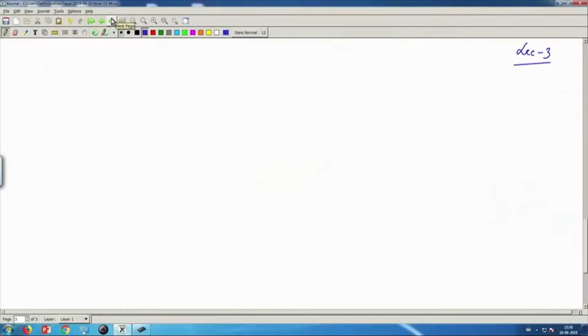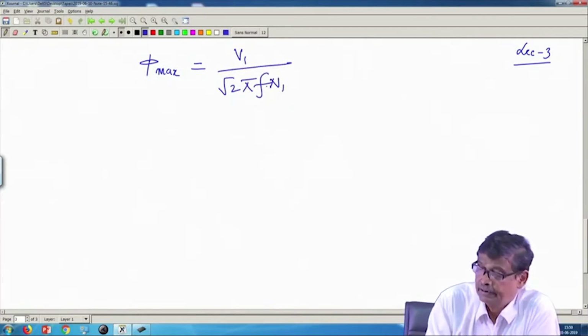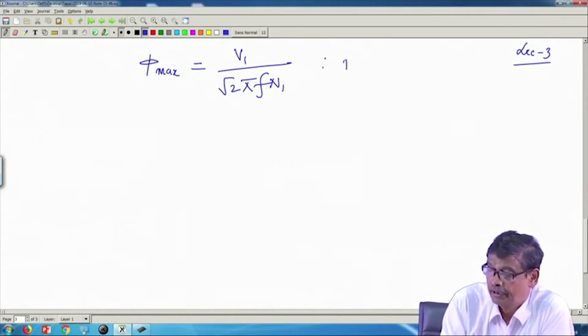Welcome to lecture 3. In my last class I was talking about the magnetizing current necessary to create a flux. The flux is decided by the supply voltage, and I will be writing this many times, so that you also become accustomed to it. So, phi max gets fixed, and then from this I will be able to calculate B max,